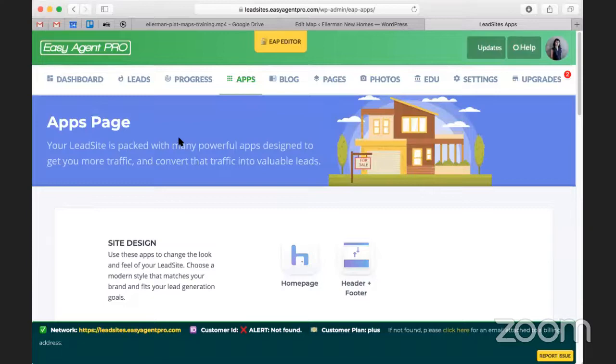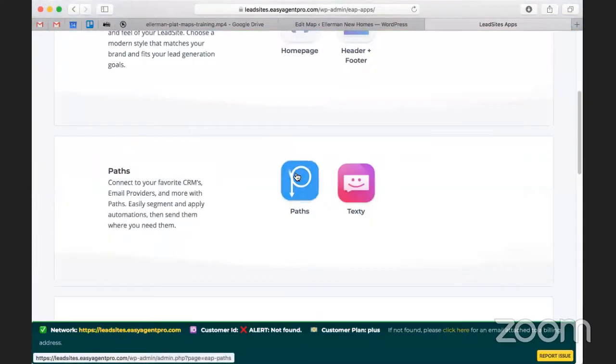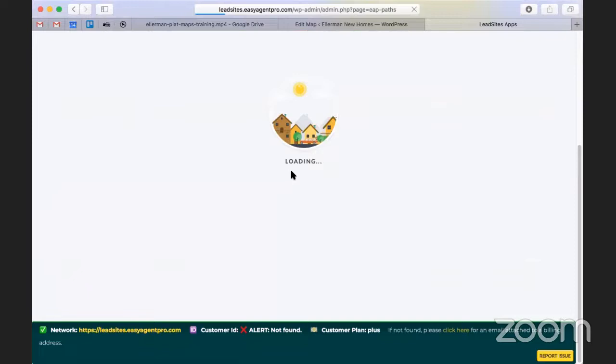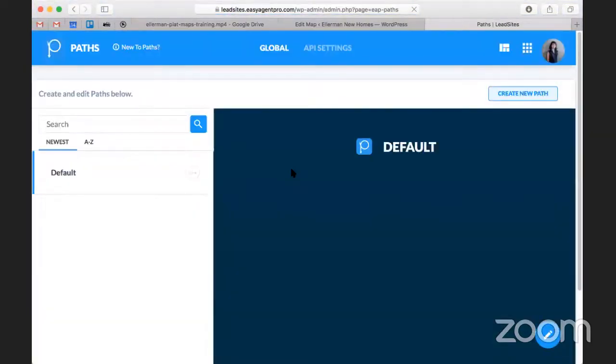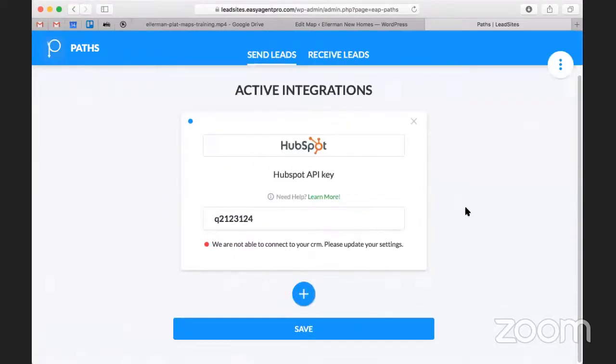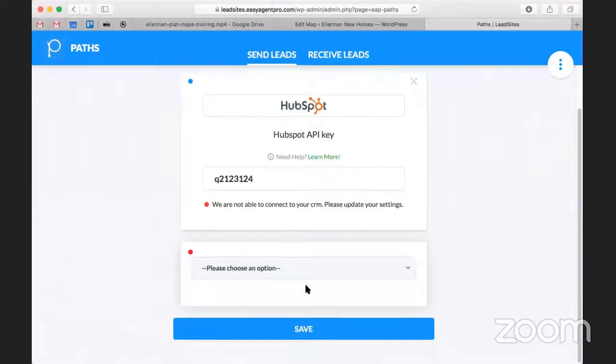So the Paths app is designed to let you basically connect to your favorite CRMs, email providers, and more. Easily segment and apply automations and send them where you need them. So really straightforward. So basically with Paths, you can add any API that you would need to the back end of the site. So if you're an EasyAgentPro client that is using LionDesk or HubSpot, for example,